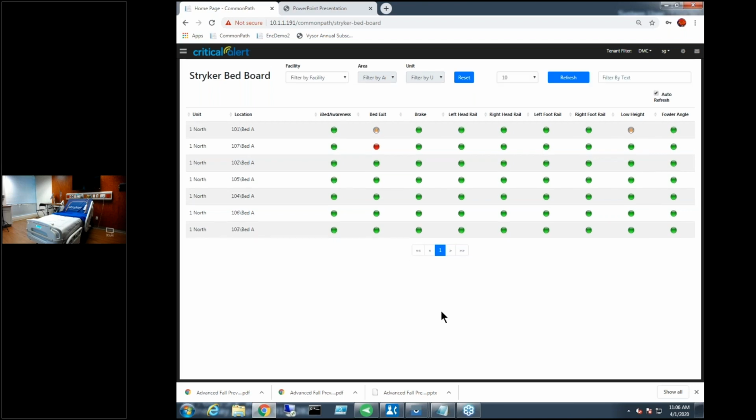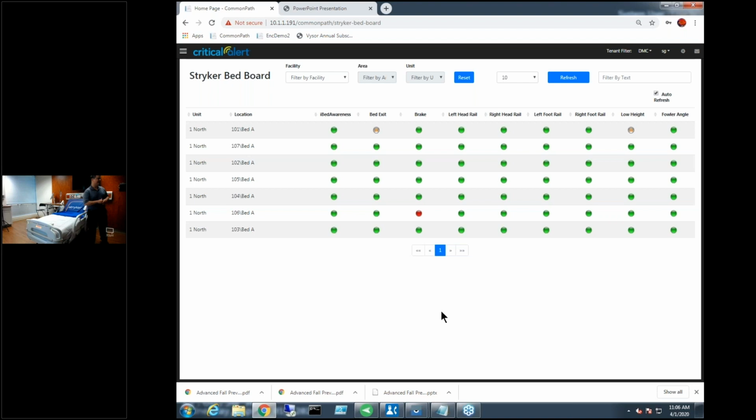This will be updated with that bed information essentially in real time. There is a refresh that's configurable by the user, and you can choose how often you want to see this data updated. Now I'm going to go ahead and initiate a bed alert. We'll use a side rail alert for this application for now. So I'm going to go over to the bed and change the position of one of the side rails,